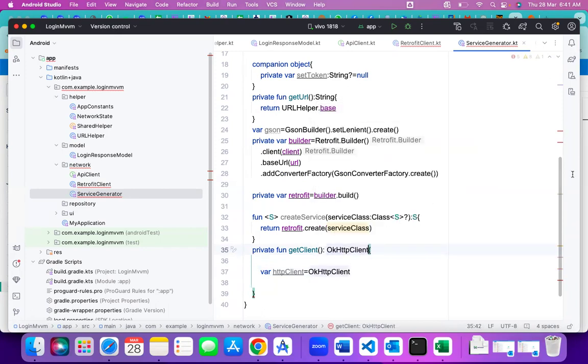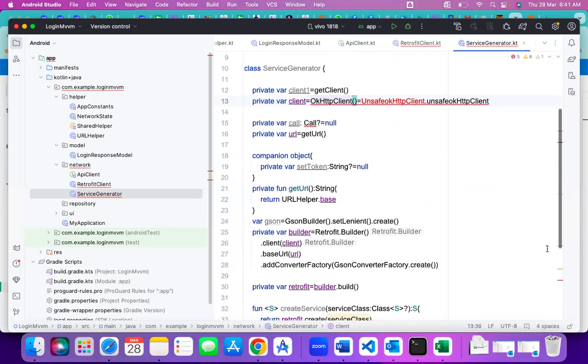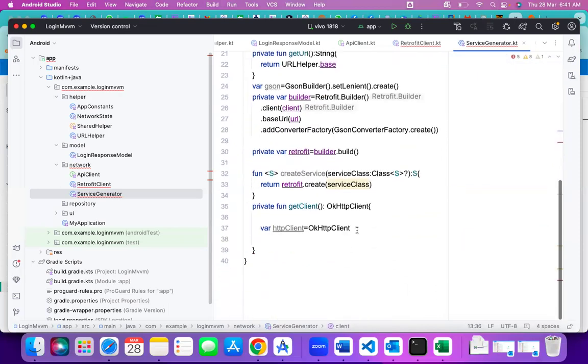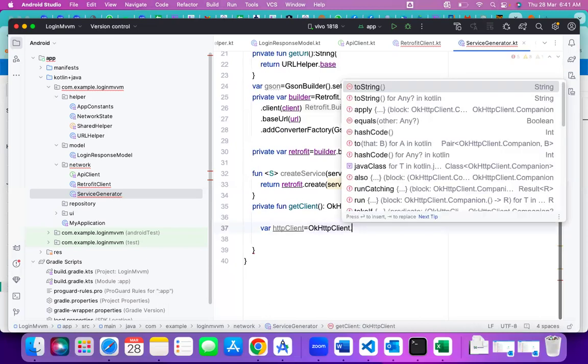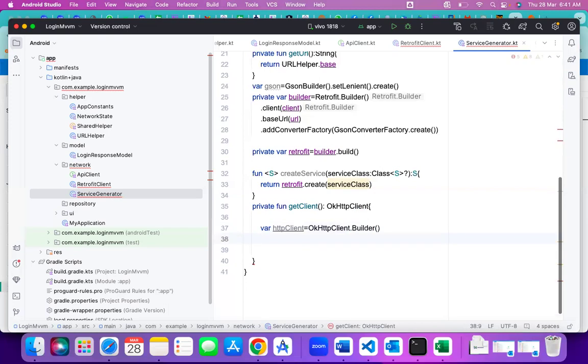This is also OkHttpClient. So we are handling that OkHttpClient. Here also we wrote it in small letters, that's the reason. OkHttpClient dot builder. So here we are building the client related data. Then now we will write httpClient dot